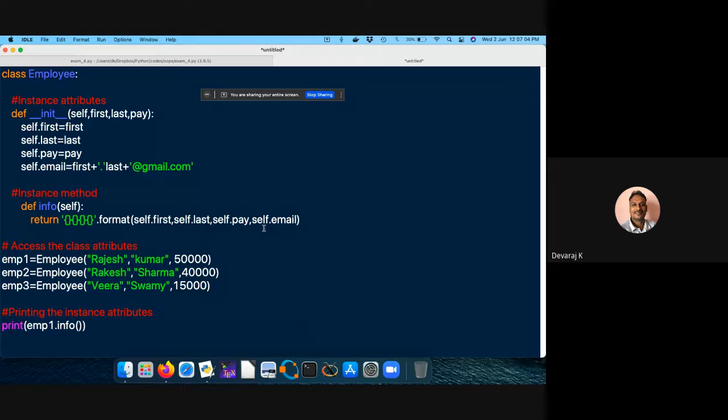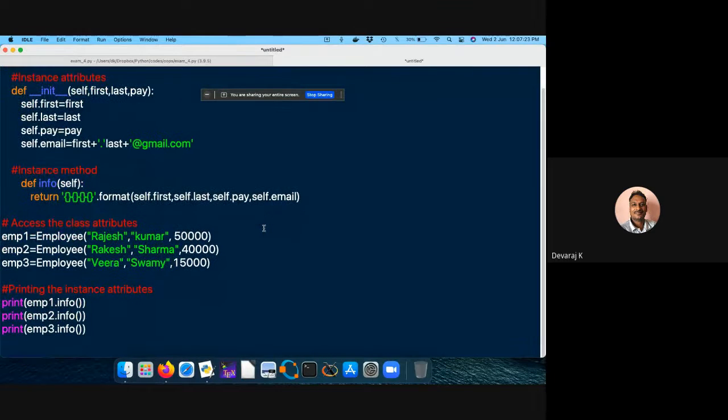Then similarly print emp2.info, then print emp3.info, calling the function. So all three things I have done, and this is how you can get all the things.